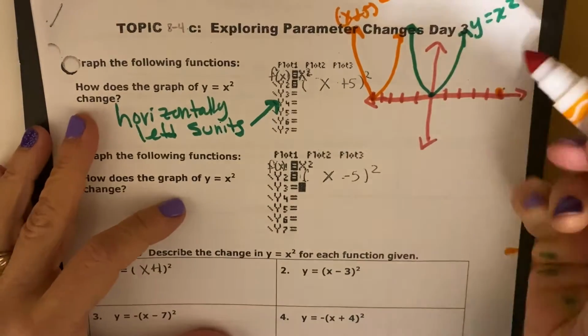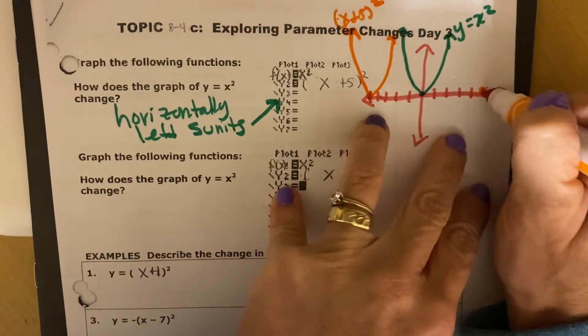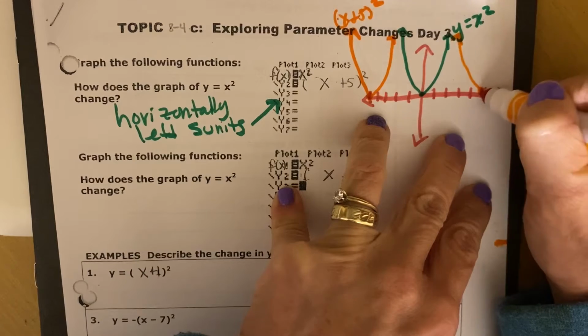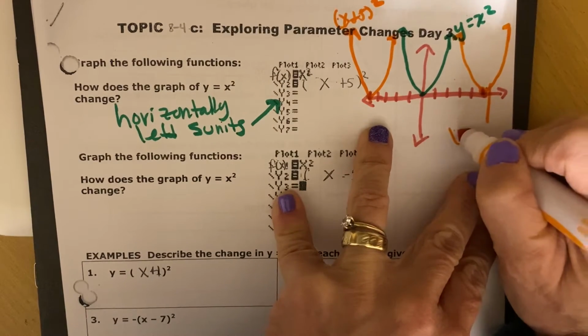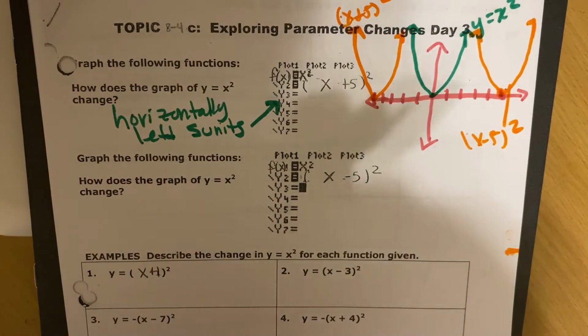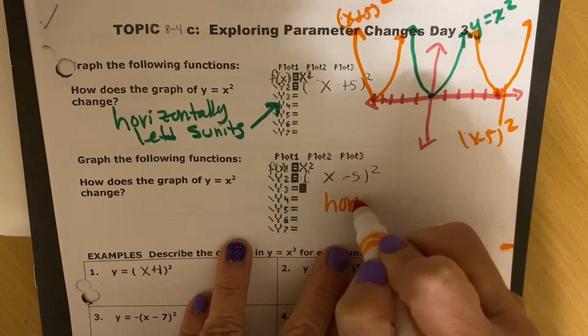So I've moved over 5 in this direction. These are just a rough sketch. And so this right here is (x minus 5) squared, and we've moved horizontally